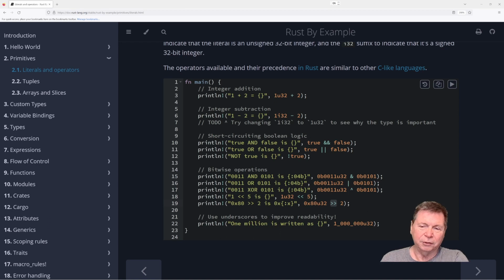And that's what they were trying to show here, is that you're either going to end up with -1 in the signed case or 4 billion and change in the unsigned case. And that's completely normal because of the way computers and math work, right? You only have 32 bits, and so it's possible to overflow the bits. I used to do this a lot with 8-bit values. You'd count down,